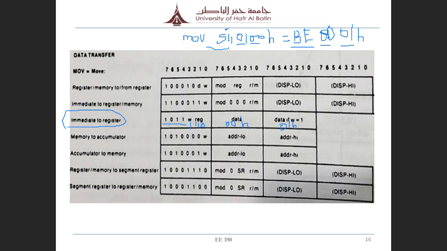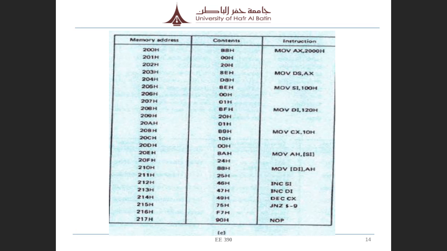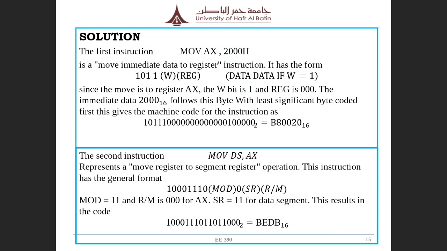So let us have a look in the memory. Move si comma 100h needs 3 memory locations: BE, 00, 01. So the next 3 memory locations are occupied. Now what will be the machine code for move di comma